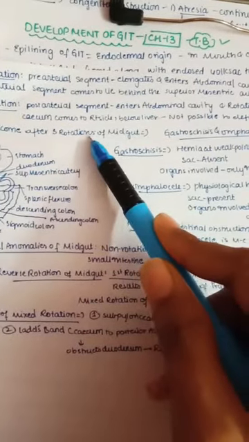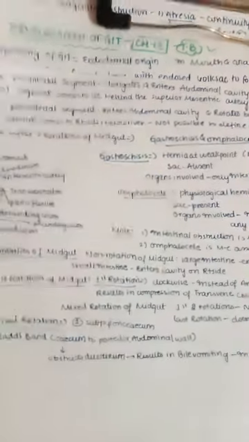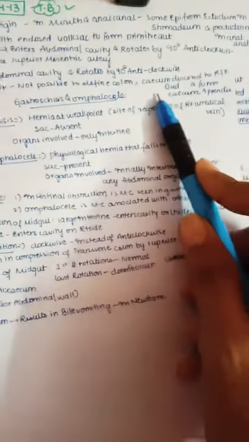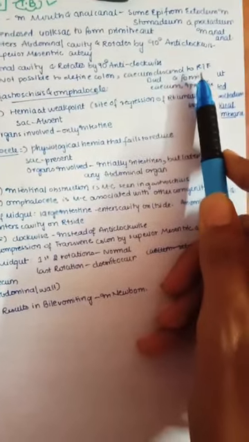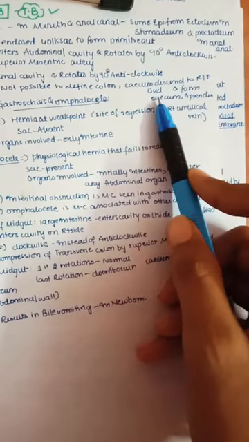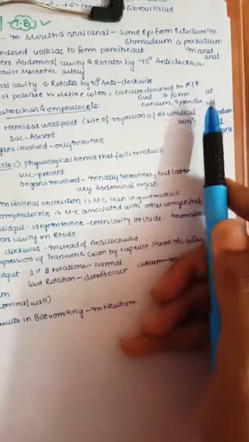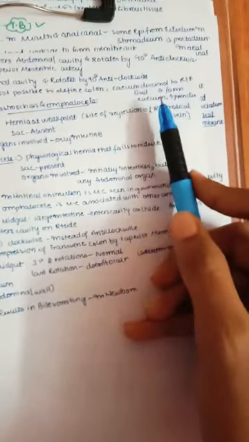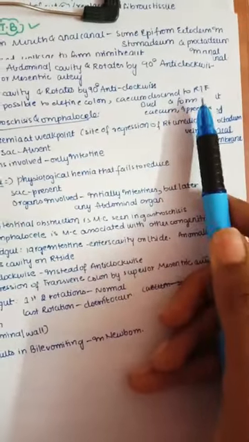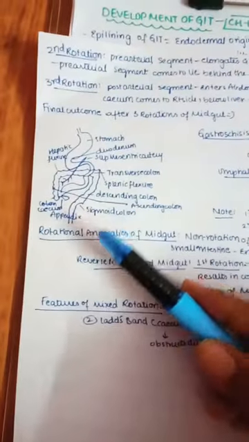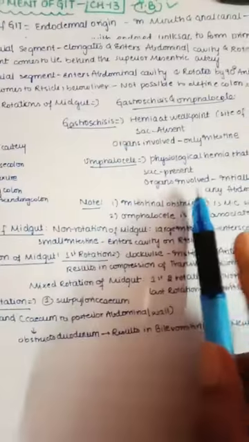The cecum comes to the right side below the liver, and it is not possible to define the colon yet, because the cecal bud descends to the right iliac fossa and forms the cecum and appendix. So these structures are clearly defined or appreciated only when the cecal bud descends into the right iliac fossa. And so the final outcome after the rotation of the midgut, you can see in this diagram, all the structures.